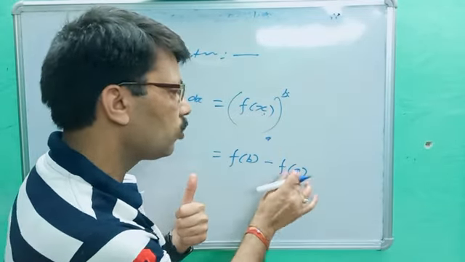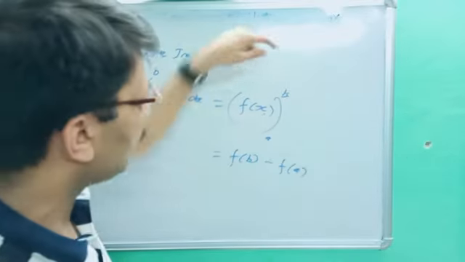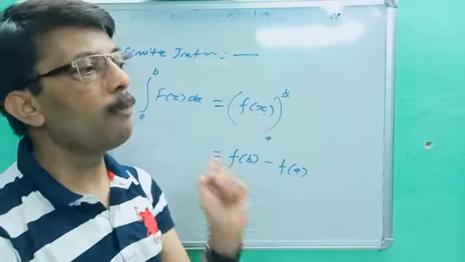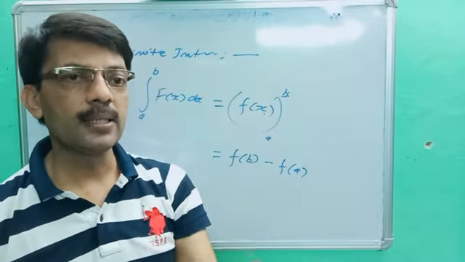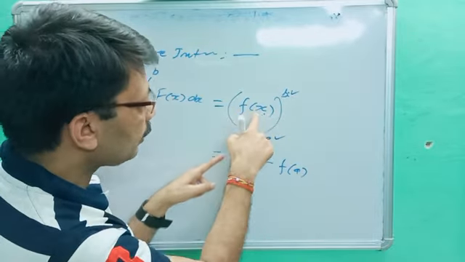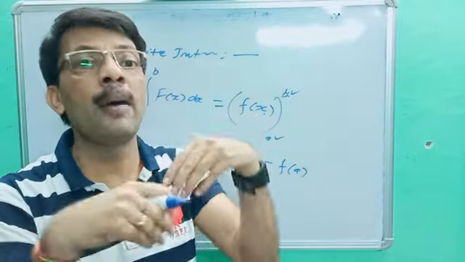So according to math you can do it. If capital F(x) is given as a function, its integration is small f(x) as usual. So you have to put the limit, and the process of putting the limit is higher limit minus lower limit. It means higher limit is b, lower limit a. So it will be in the place of x. You have to put the limit in the place of the variable with respect to which you have integrated.